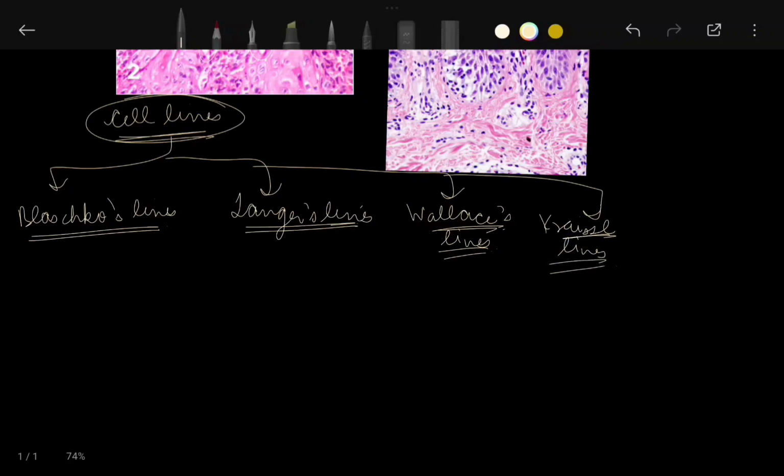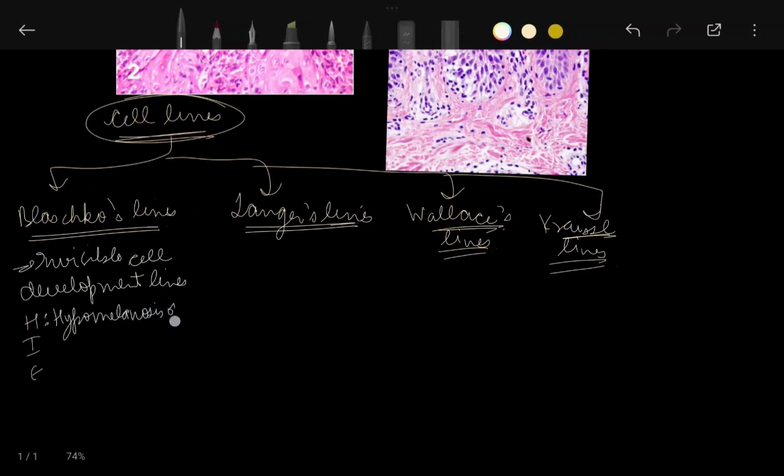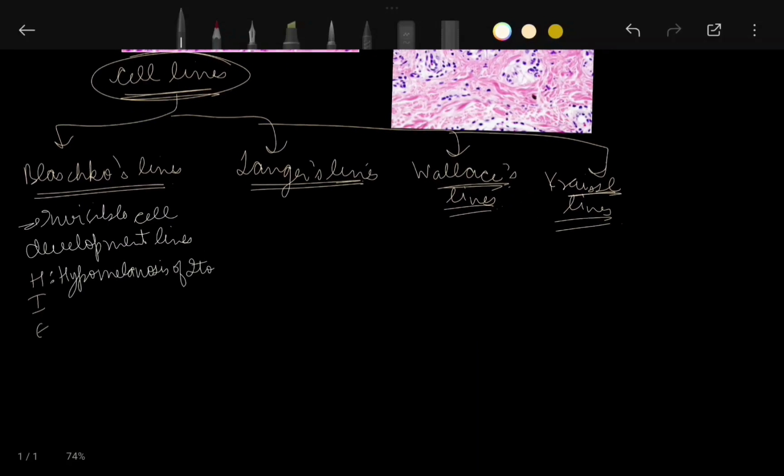Okay, Blaschko's lines. These are the invisible cell development lines. Remember, invisible cell development lines. HIE is the mnemonic. H stands for hypomelanosis of Ito. Sometimes these invisible cell development lines become visible in case of the mnemonic HIE: hypomelanosis of Ito, incontinentia pigmenti,